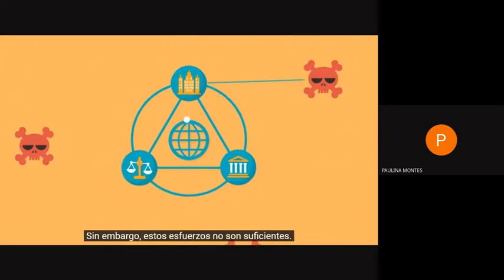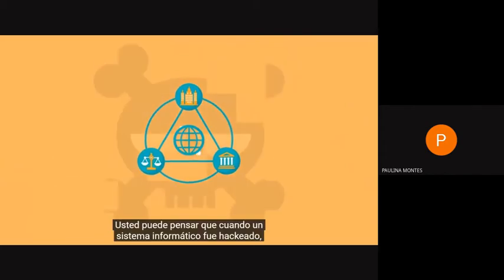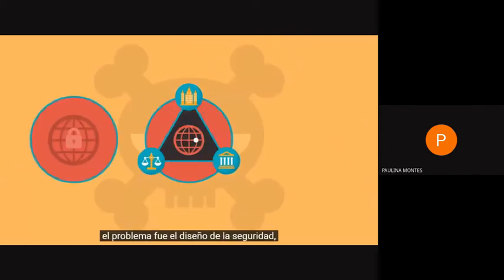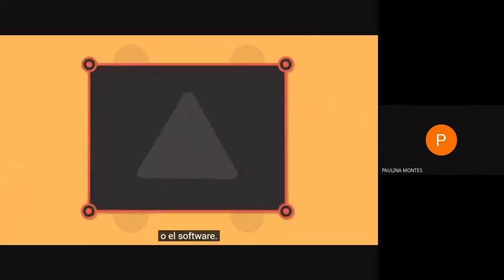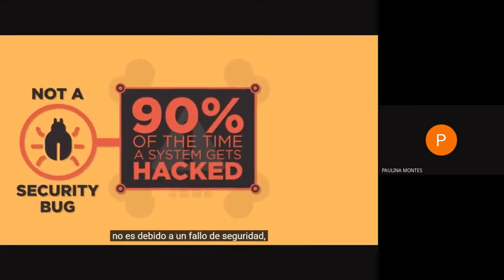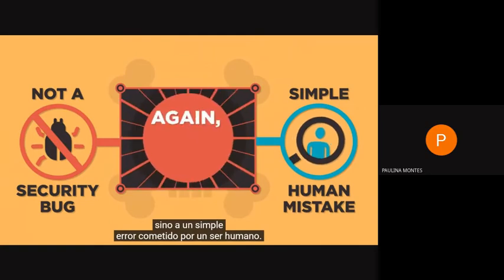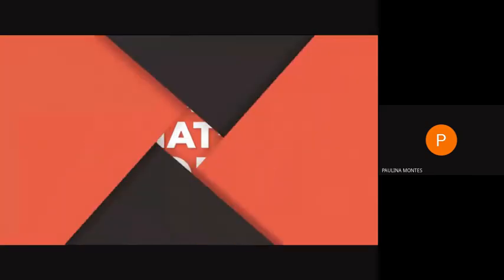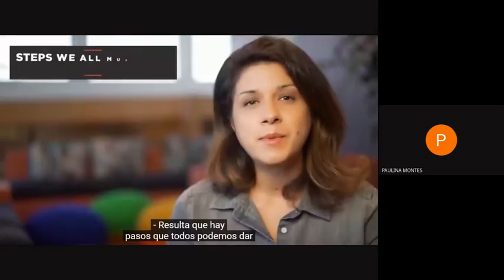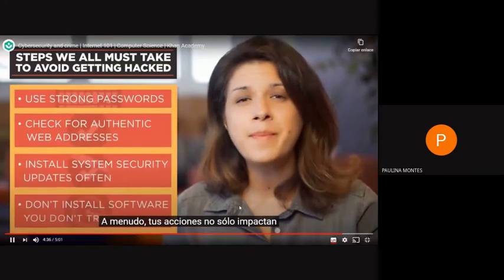But these efforts are not enough. You may think when a computer system gets hacked, the problem is the security design or the software. 90% of the time the system gets hacked, however, it's not because of a security bug, but because of a simple mistake made by a human. It turns out there are steps we can all take to protect ourselves. Often, your actions not only impact the security